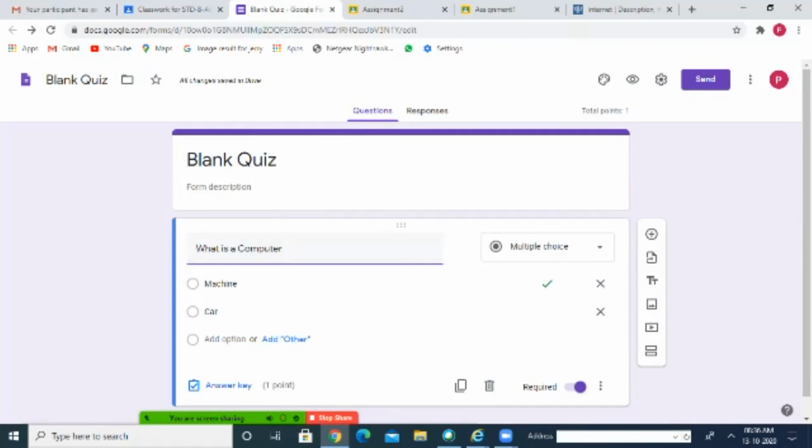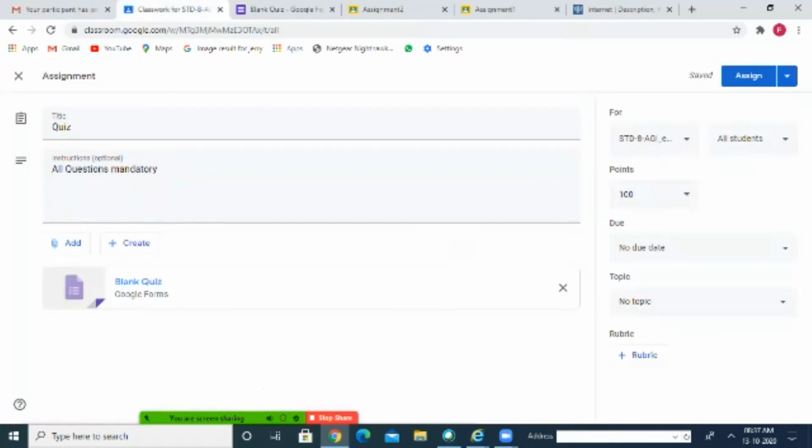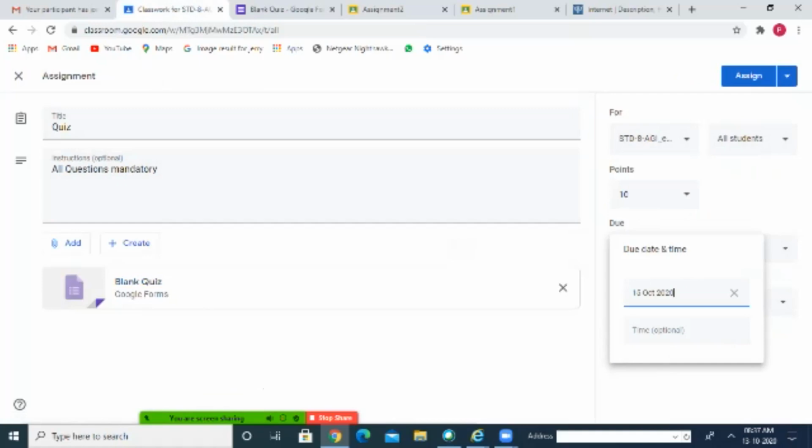Now the quiz has been created, but it is not assigned to anyone. So I have to come here and assign it to the students. Here you can see saved. Under which topic I want to give, the class, students, points I can give here, suppose 10 points. If I want to give a due date, by which date they can do the quiz, I can choose the date from here, 15th for example. Time I am giving 12 p.m. After 12 p.m. this quiz will not be activated for the students because I have given the time limit for them.